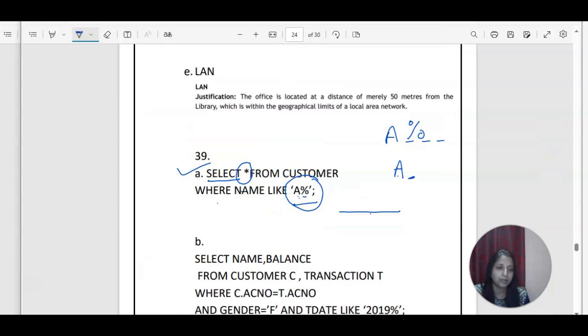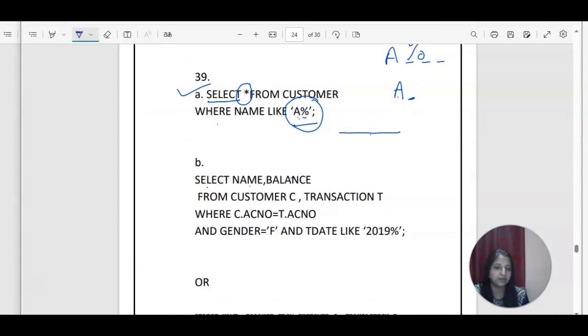Let us check how to write the query. Select name, balance. So these two things we have to display, name and balance. From which table? From the customer and transaction tables. You can create an alias for customer and transaction also, just to reduce the typing work. So customer C and transaction T. Later, wherever there is a requirement to write the name of the table, you can replace customer with C and transaction with T. Where, as I said, account number is the common field. With respect to the common field, you will be able to fetch the details from both of the tables. So C is customer, account number equals transaction, account number. Both are equal.